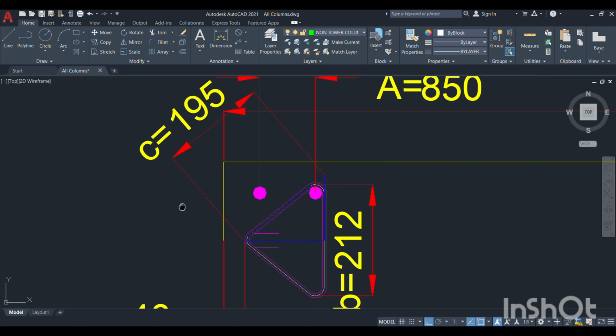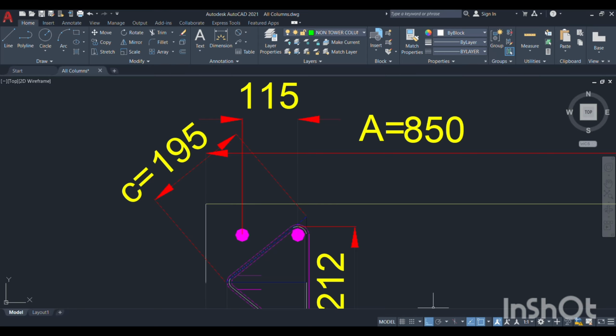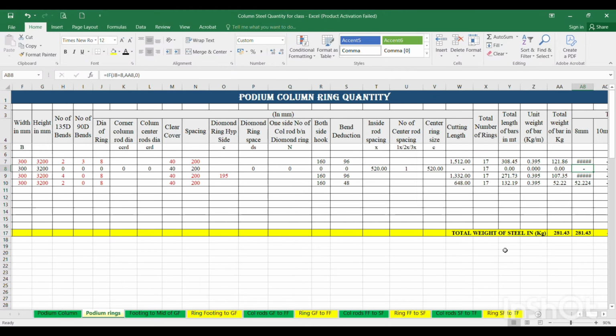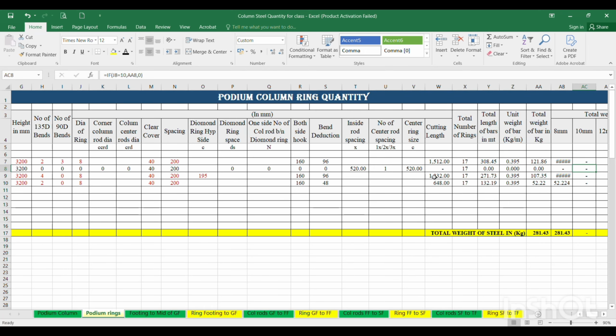This is the diamond ring value I have calculated. This is the 195, that 195 mm I am taking as standard. And there is no diamond ring space, this is also not required, and number of rods is not required here. And both side hook length will calculate automatically, and bend deduction also will calculate automatically. And this inside rod is also not required, and center ring size is not required. Then automatically the cutting length for hook and diamond ring will calculate, and number of